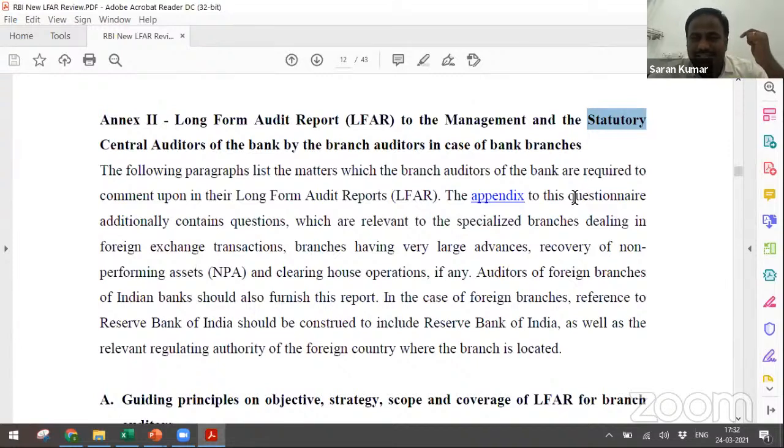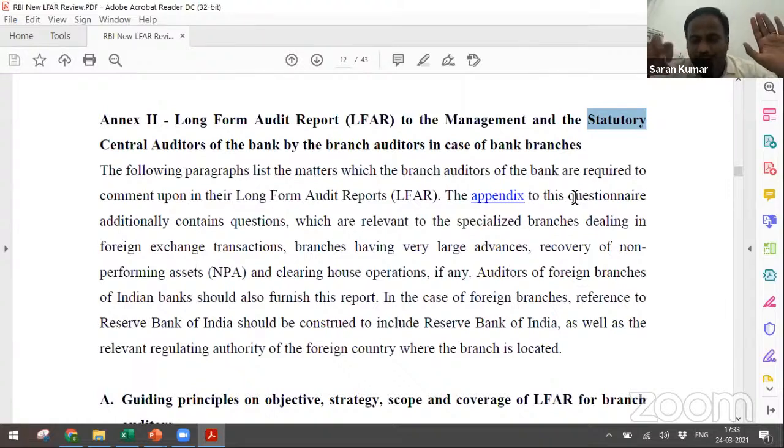Why should you give it to the central statutory auditors? Because for every bank, at least based on the bank size, 5 to 15 central statutory auditors are appointed by the RBI throughout India, right? Based on the different regions. All these people together compile the information, make the report, and finally they are the people who are going to give the opinion on the bank in the final results. If you take any annual return of the bank, they are the people who are going to sign. They are the people who are going to tell what their opinion is.